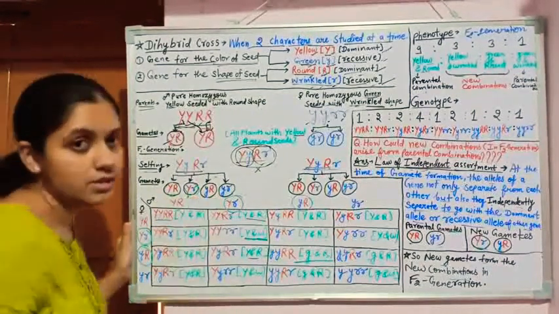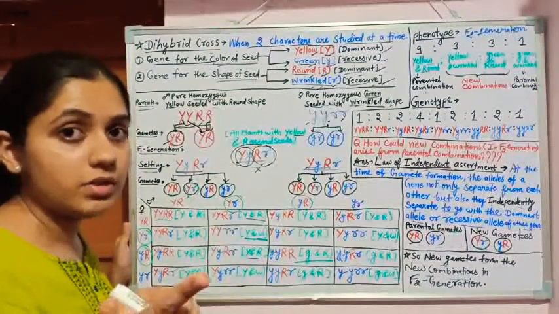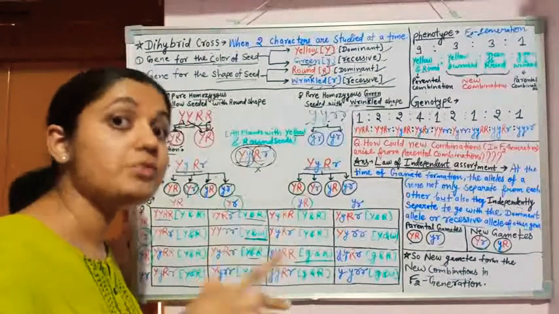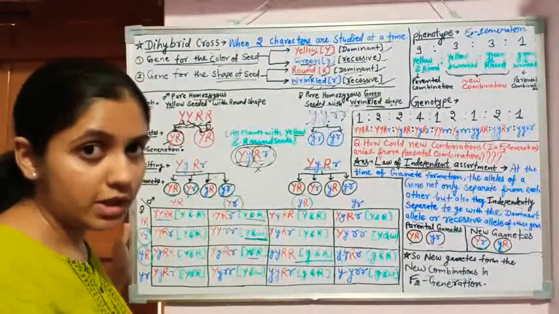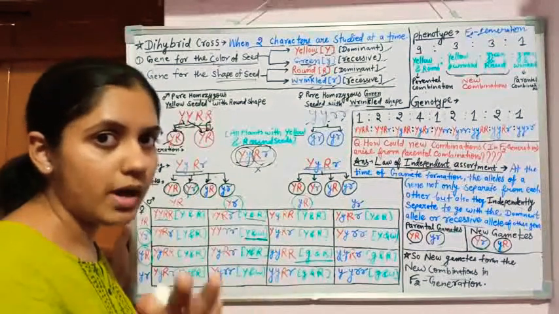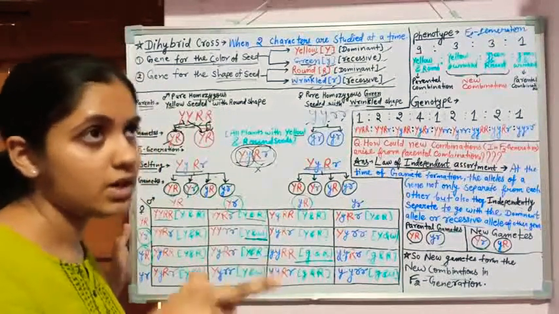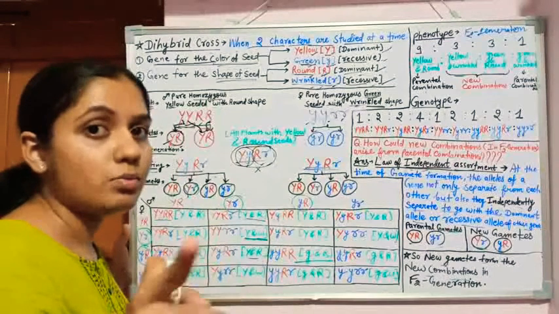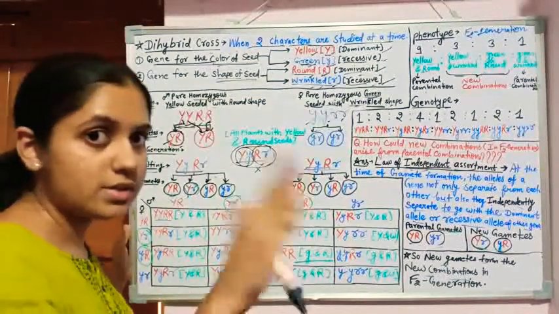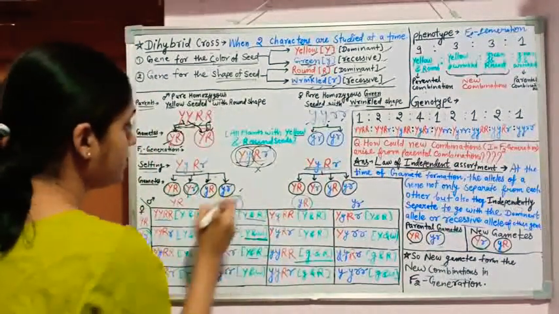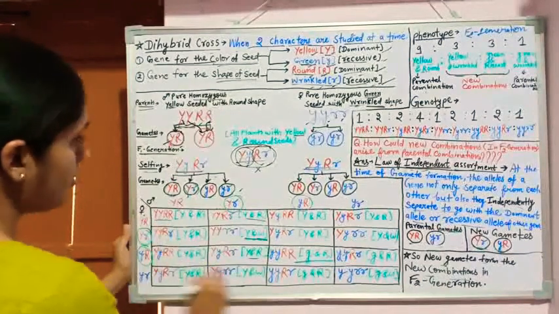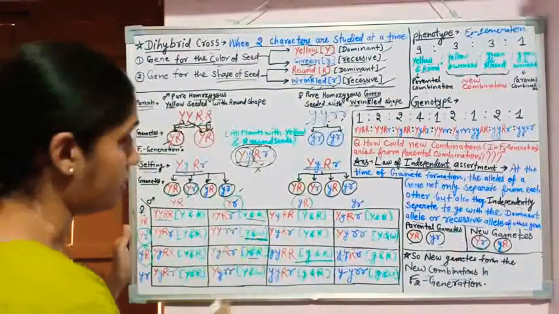For the gametes, you can see another video in which I have already discussed the gamete formation methods. The first is the forking method, and the second is the formula. By the formula we can find the number. So you can see the other video. Okay, we will form these gametes, and after the gamete formation we will form this checkerboard.